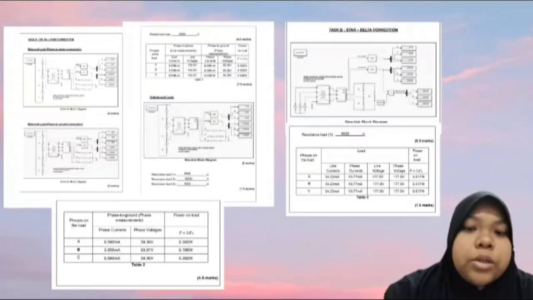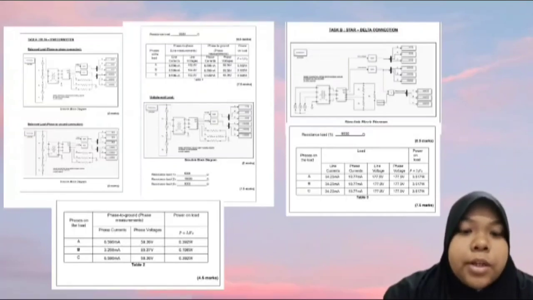So let's talk about the two main ways we connect three-phase power, which is delta and star. For delta connection, we can think of a triangle. Each phase is connected end to end, forming a closed loop. So in our lab, we saw that in a balanced delta connection, the line voltage is equal to the phase